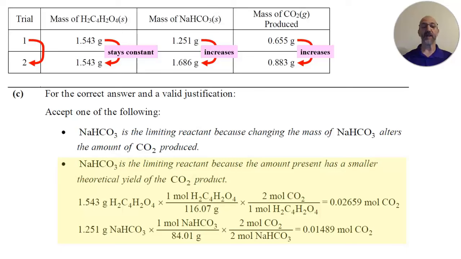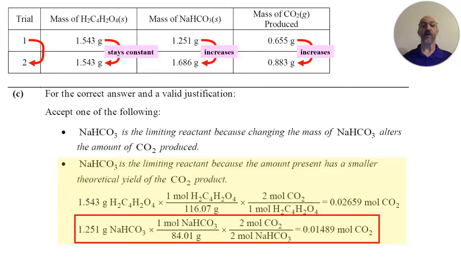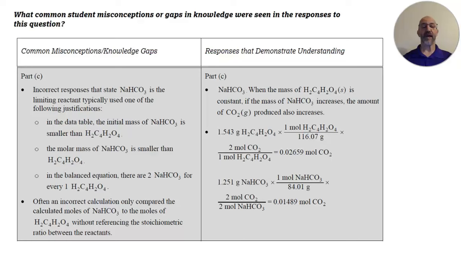And I'm converting each reactant into product. So you can see from these stoichiometry calculations that sodium bicarbonate is the limiting reactant because the amount present has a smaller theoretical yield of the carbon dioxide product. Now, one more thing I'd like to show you is what's called the Chief Reader Report, and it identifies common